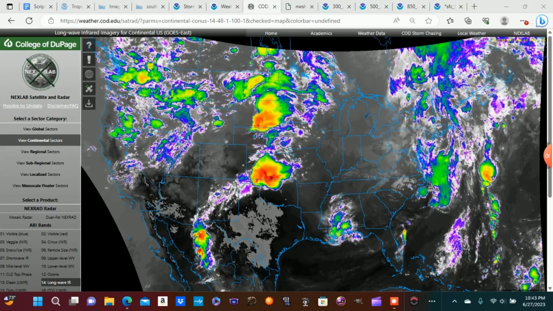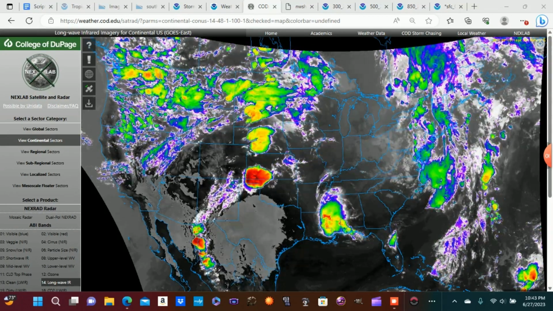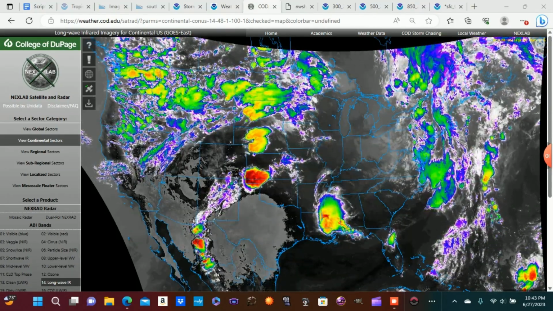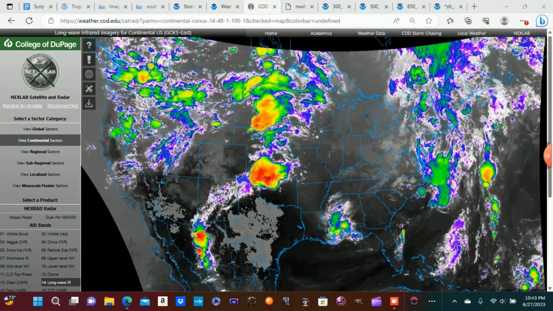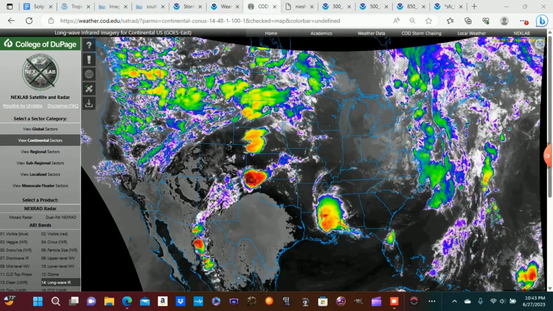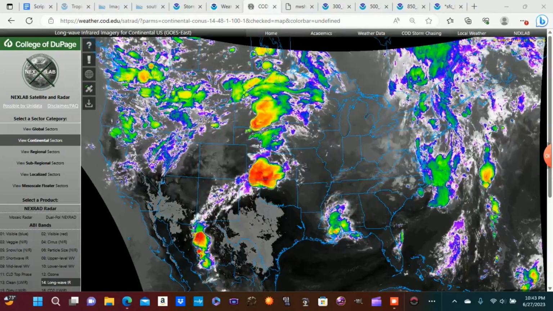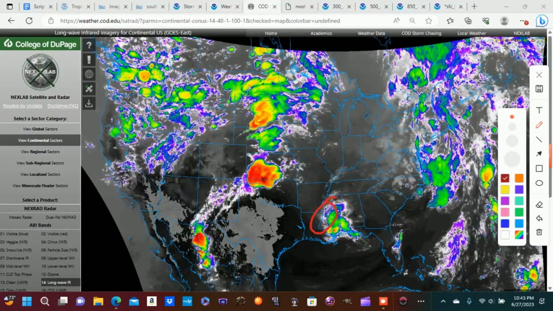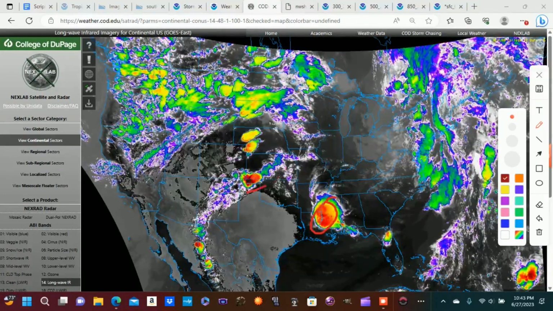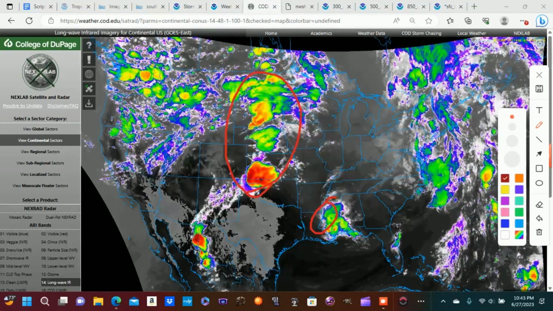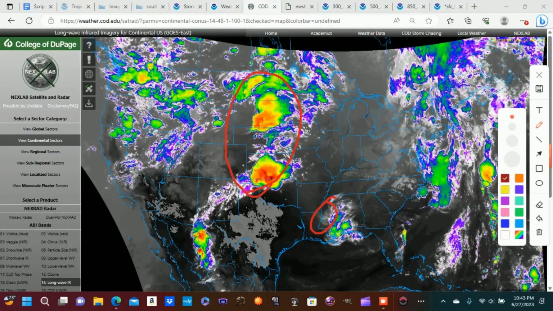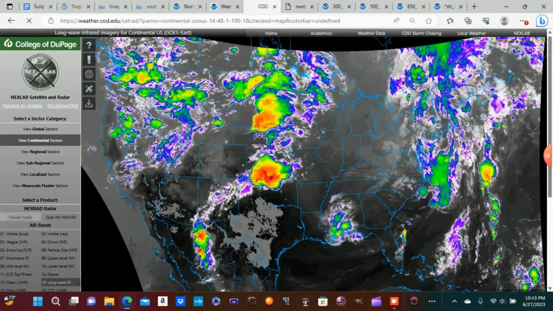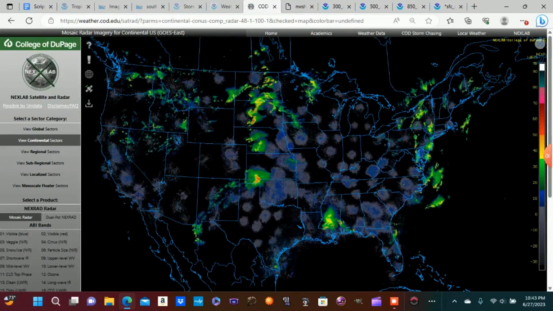And starting today with the infrared imagery, what this is looking for is the temperature of our cloud tops. The brighter colors you see on this image here, the colder the cloud tops are, and that indicates where we have stronger thunderstorms. We got a few different clusters of storms. We got one over Mississippi, and then we have several different clusters of storms over the northern United States. One that is particularly intense over northern Oklahoma and Kansas. And we'll look at the radar imagery for this evening.